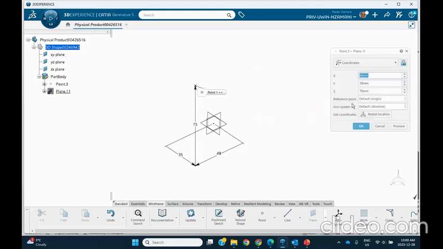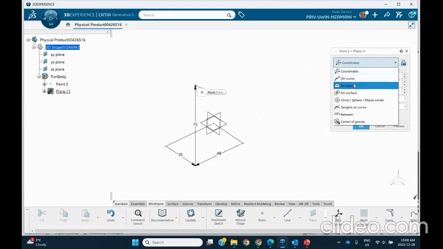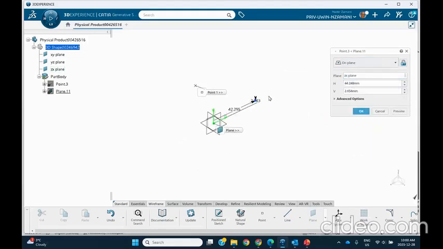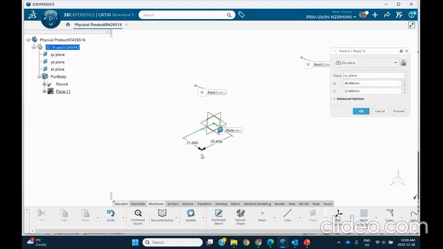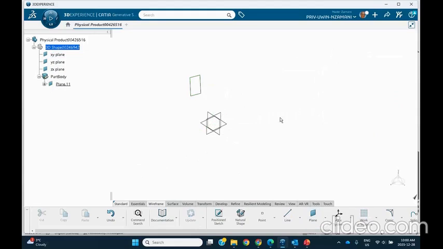Create a point. This time I'm going to do on a plane. So I just select this plane right there. And another one, third point, plane. I'll do a different plane. So I have, oops, did I cancel that? Oh no, it's right there. Right there. See that? So I created 3 points on the fly, and then it put the plane through